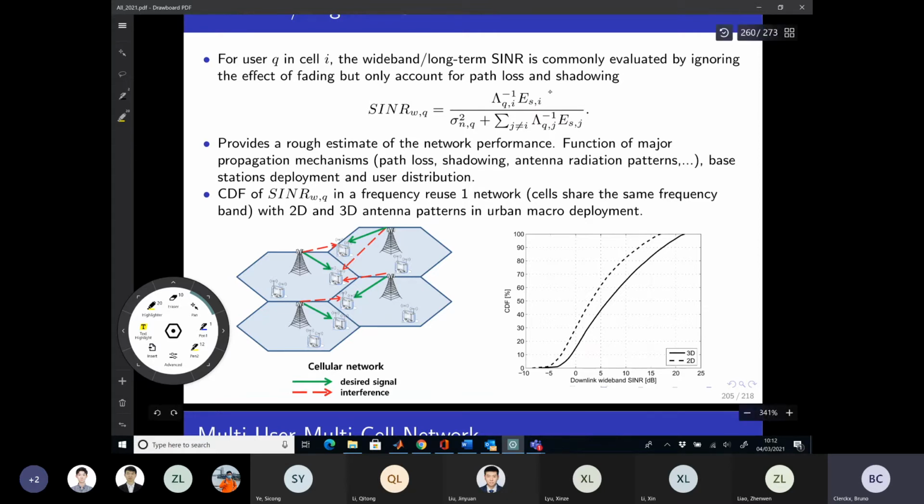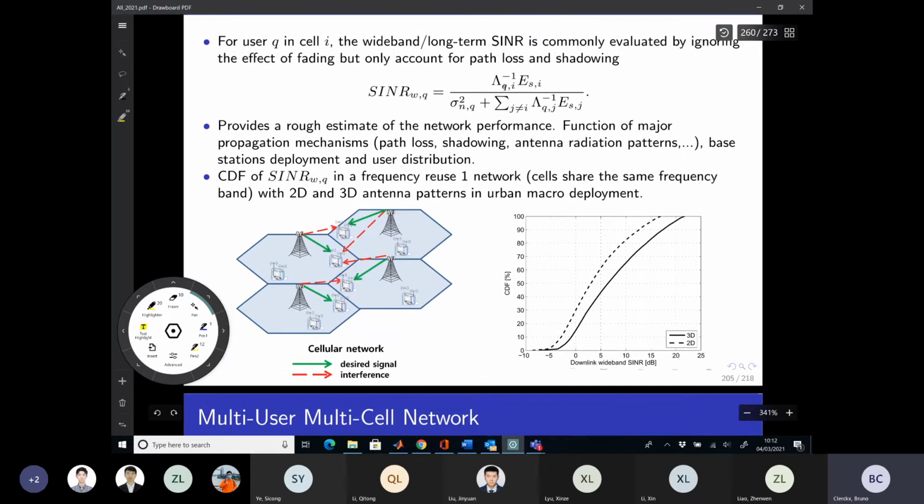So you're looking at the signal strength of your desired user, and you look at the interference that would actually come from the transmit power of all those base stations, for instance here the downlink, and the path loss and shadowing of that user. That gives you a rough estimate of this long-term SNR, and this is the typical deployment, typical of what you would have maybe in a 4G. This is an example of 4G